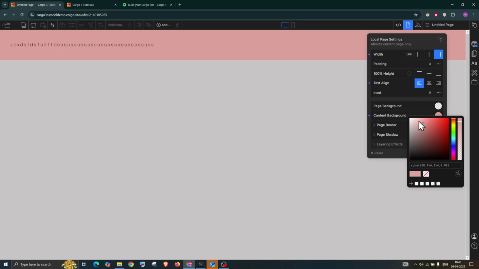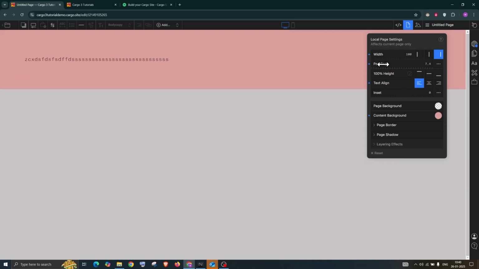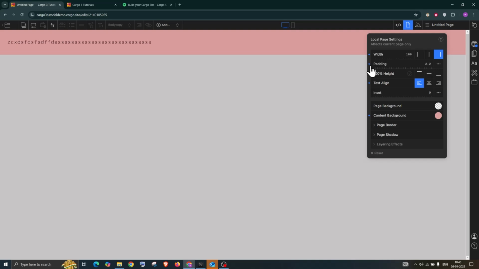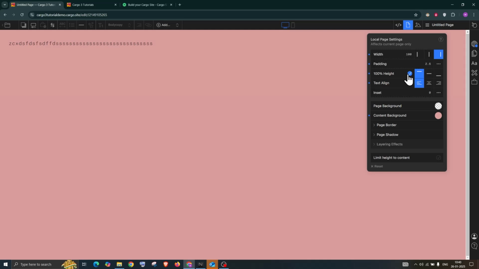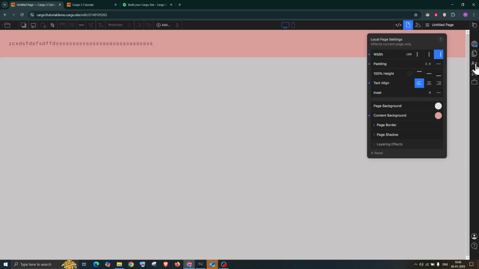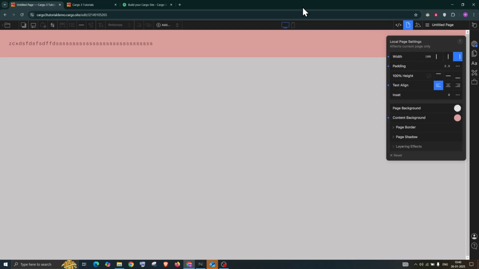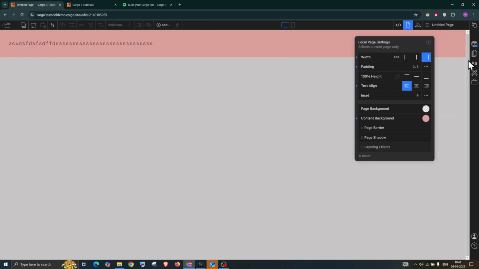Sorry for the interruption. Now from here you can change the padding. And then we have the 100% height. It is going to take the 100% height, and then you can align the text in the page as well. And let me just remove this. So this is going to be a local page setting. As you can see, affect current only this page. So this is going to apply for this page only. And this is going to be the